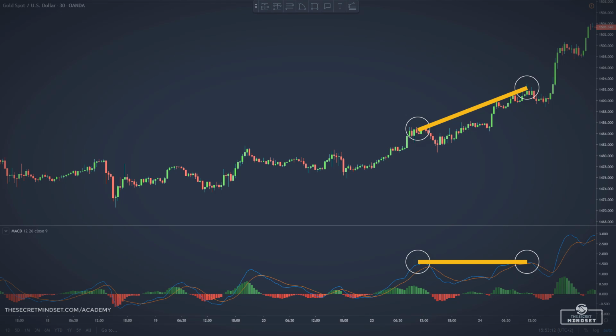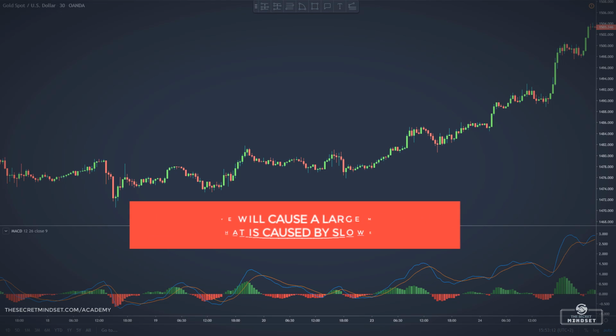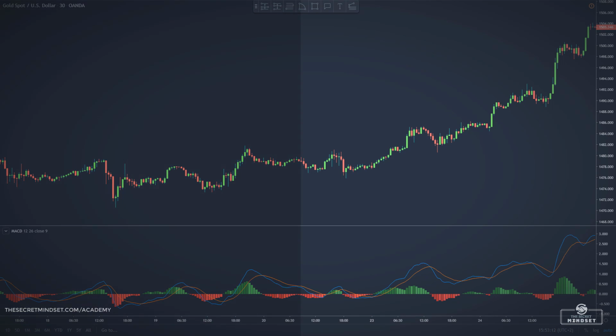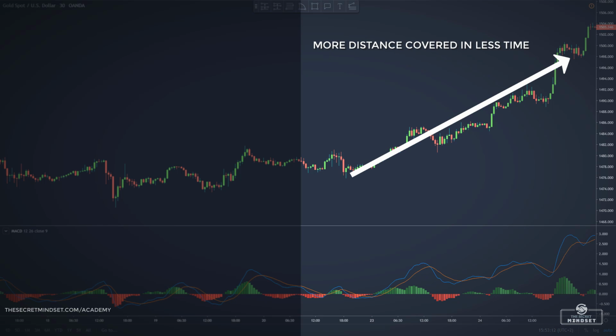It may have moved less or it may have moved slower, but it doesn't necessarily indicate a reversal. As discussed before, a sharp price move will cause a large move in the MACD, larger than what is caused by slower price moves. An asset's price can move higher or lower slowly for very long periods of time. If this occurs after a steeper move, meaning more distance covered in less time, then the MACD will show divergence